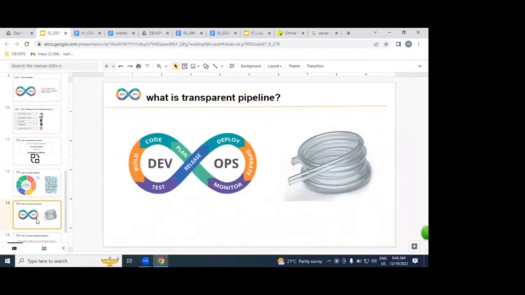Automated transparent pipeline by using what? DevOps. Same water pipeline, it is a transparent pipeline. It looks like this. Same pipeline, same usage, but it is transparent and automatic. Understood? If any issue, any problem, any blockage occurs in the middle, can you see at one look itself in this transparent water pipeline where exactly the problem is, and resolve it as soon as possible or not? The same way, the DevOps process also.